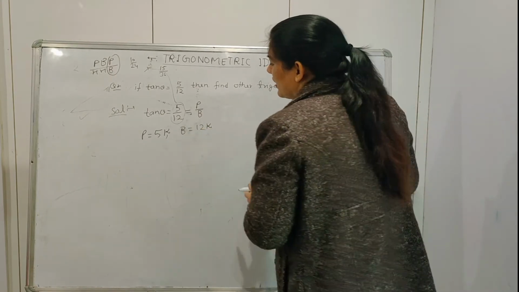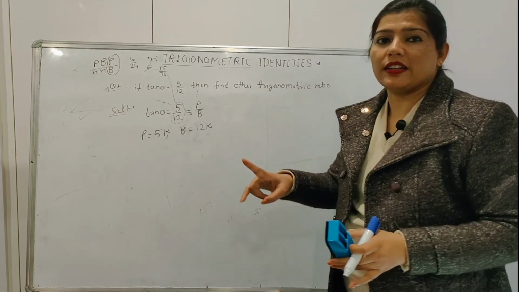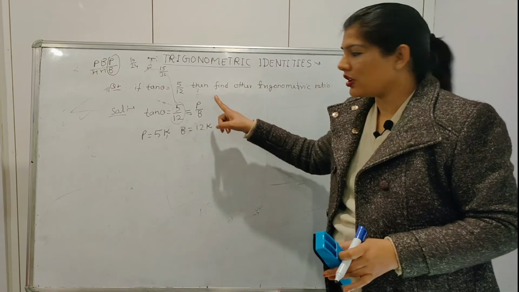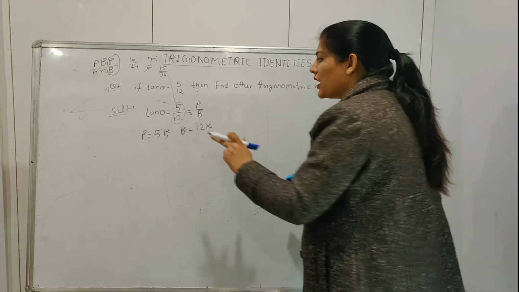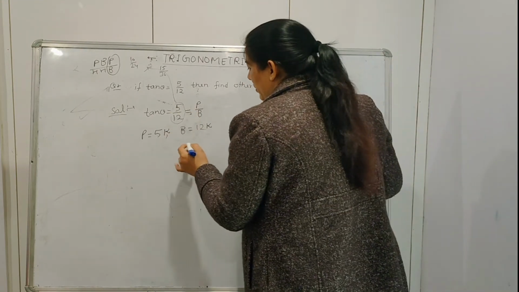While this k does not make any change. Why? Because if you find the trigonometric ratio, then this k will be cancelled between the numerator and denominator, but you should take this k as the multiple of the numerator and denominator. Now apply